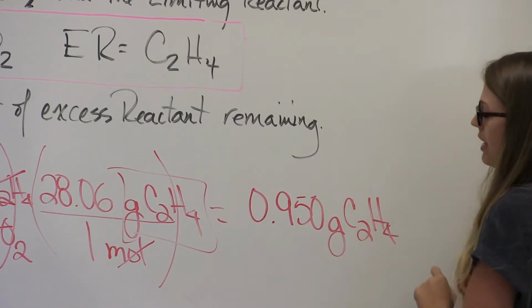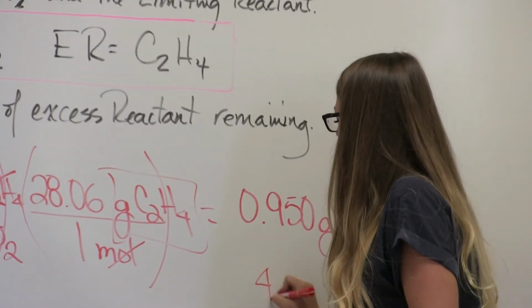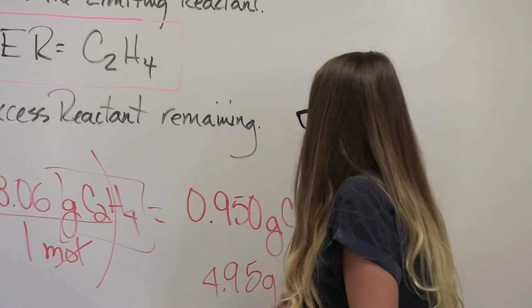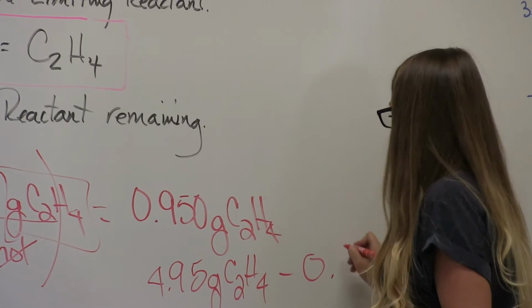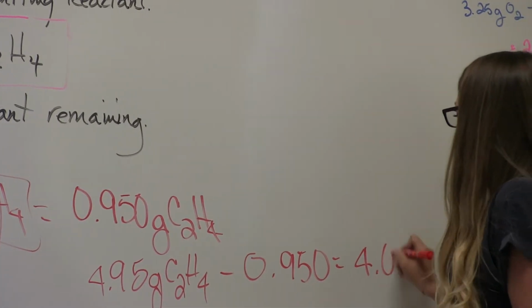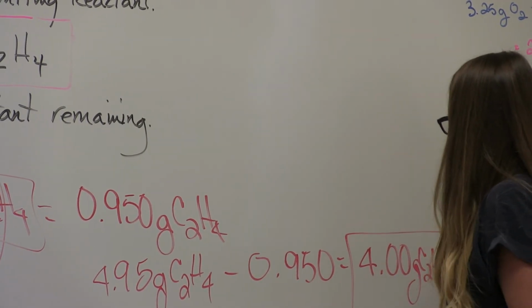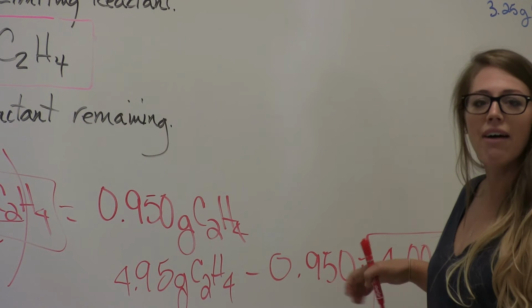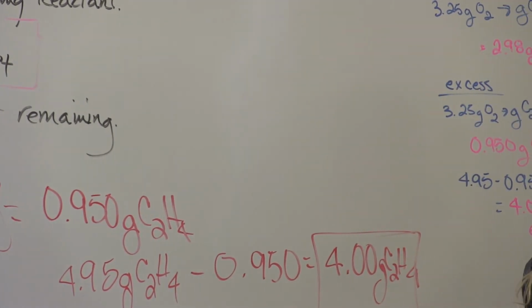Now we can subtract this from what we started with. We started with 4.95 grams of ethylene. If I subtract how much I'm going to actually use in the reaction, we will get 4.00 grams of C2H4. What this is saying is that after my reaction's done, I'm going to have 4 grams of C2H4 left over in the